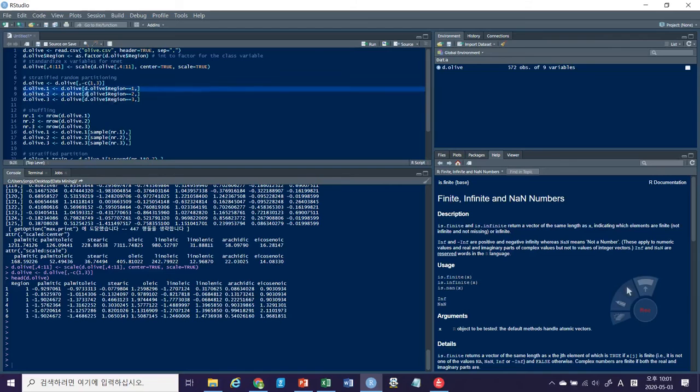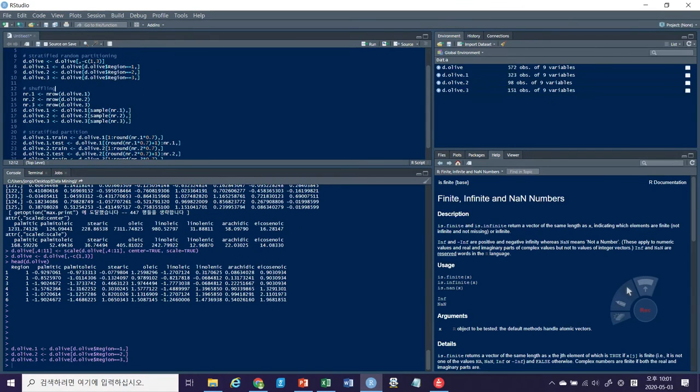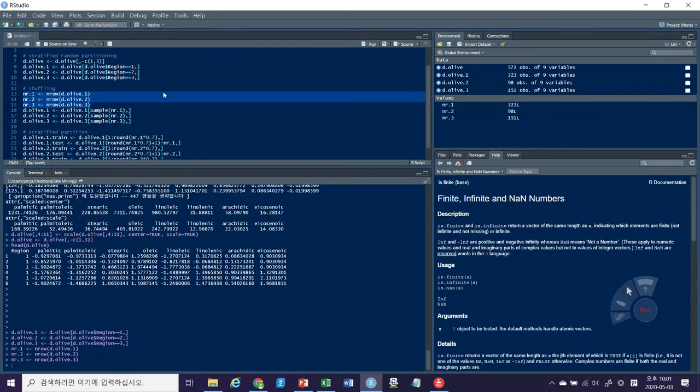We make subsets for each of the classes. We split into 3 data sets using these 3 lines, and then we randomly shuffle the rows of each of the data sets. This one is just to figure out the number of rows for each of the data sets. The class 1 observation is 323, the number of observations for class 2 is 98, and the number of observations for class 3, the southern part, is